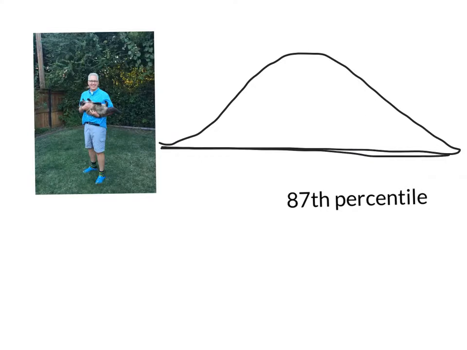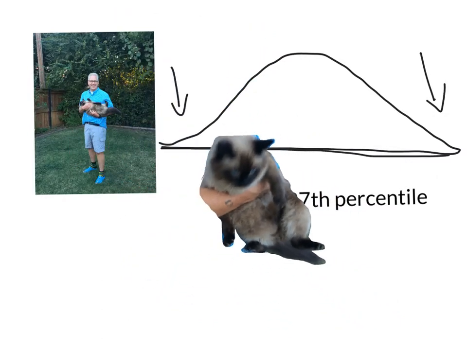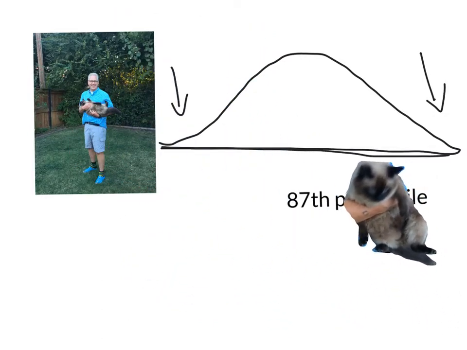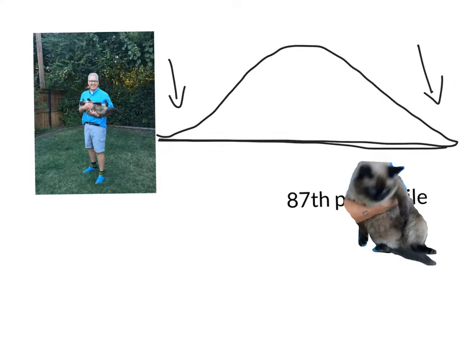So these are some smaller cats, and these are some huge cats, right? Most of the cats are in this area, right? Average size cats. So let's just say that Tomba is in the 87th percentile. Okay, there he is. So he's up here in the 87th percentile. What does that mean? That means if we place him here, maybe he's right here on the graph,